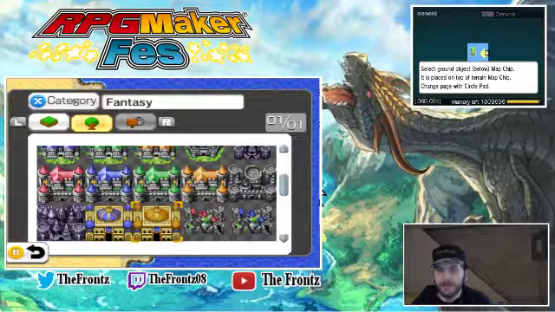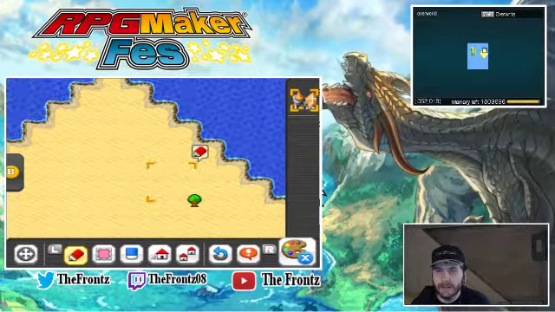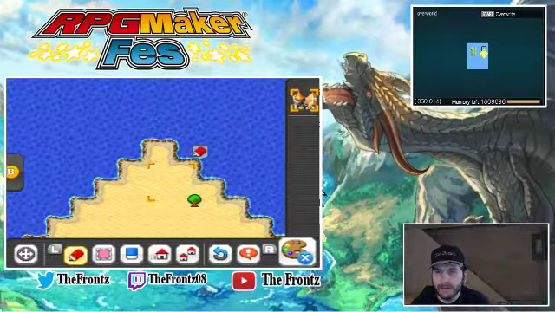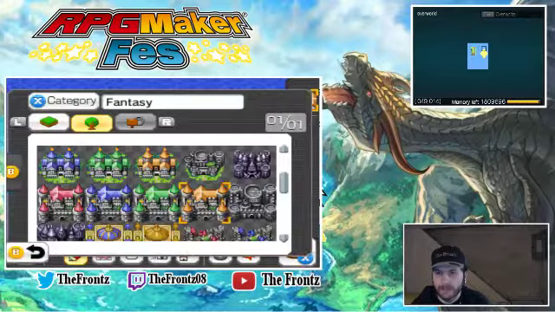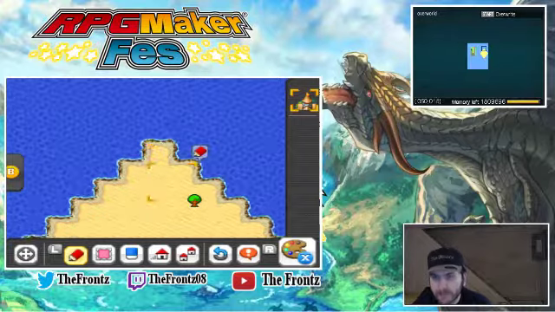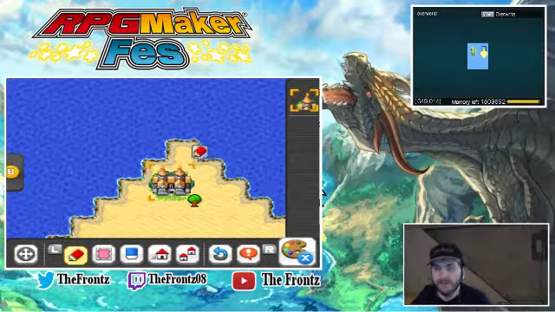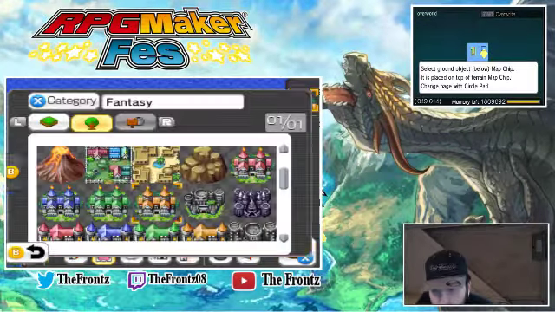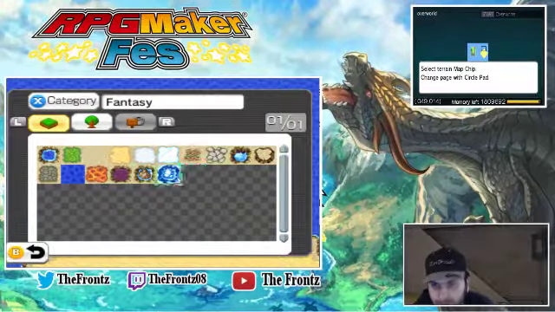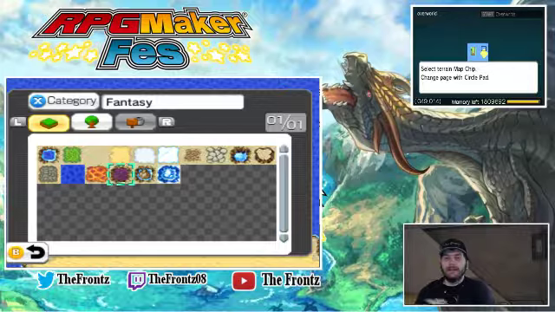Here, we will find the Orange Castle, which is going to be... Wish I could put it in the middle, but I can't. There, I want that one. I don't think so. Actually, we do want the other one. But that's gonna be surrounded by...